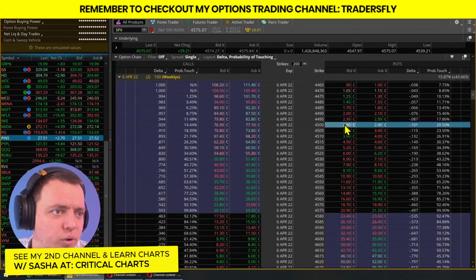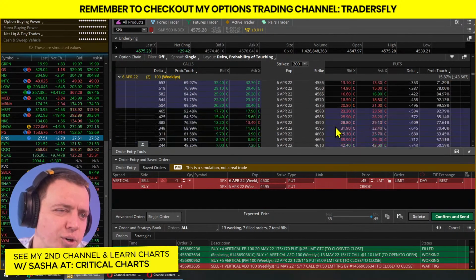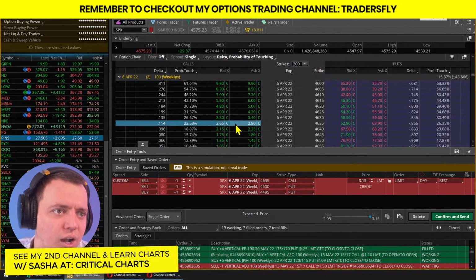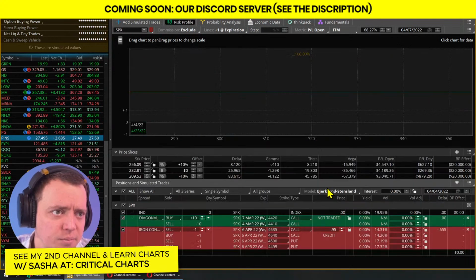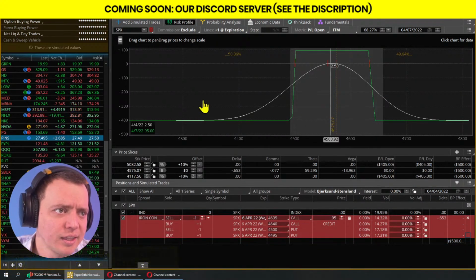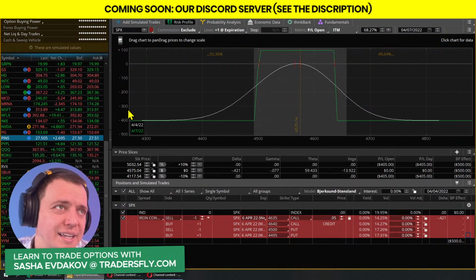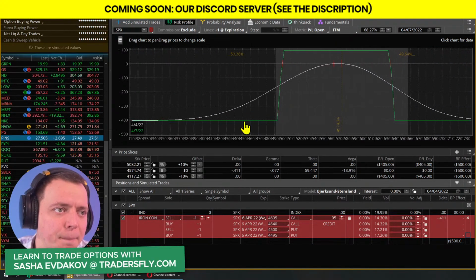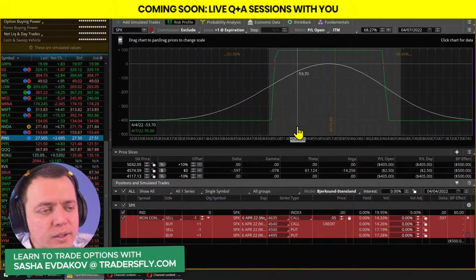But let's say we go to the 4,500 here. I'll just do a 5-point wide. You definitely don't want to put a lot of capital into stuff like this because they can drop or pop very quick and go against you. But if you place a trade like this, you're risking about $400, and then at expiration you're trying to make 100. So percentage wise, in a couple of days, it's very friendly and very nice. But unfortunately, if it moves very quick against you, you can get into some trouble.